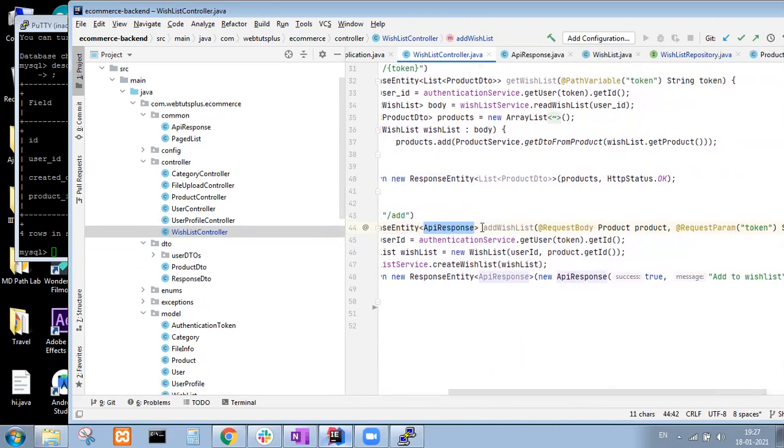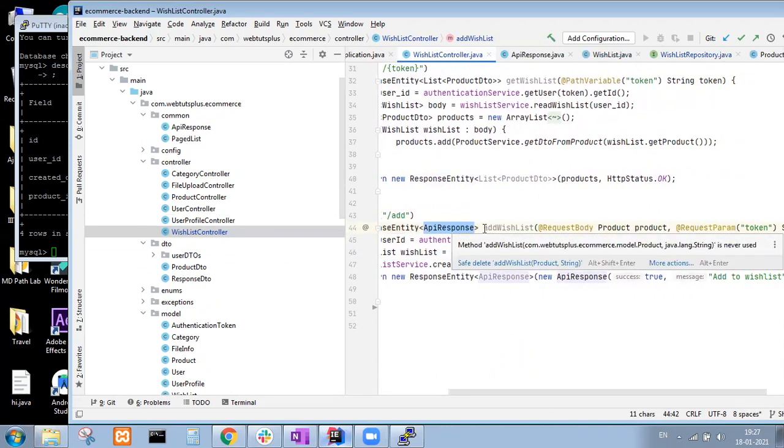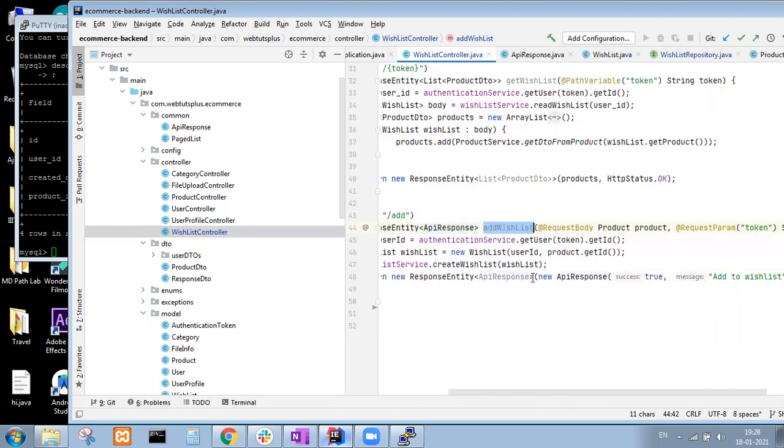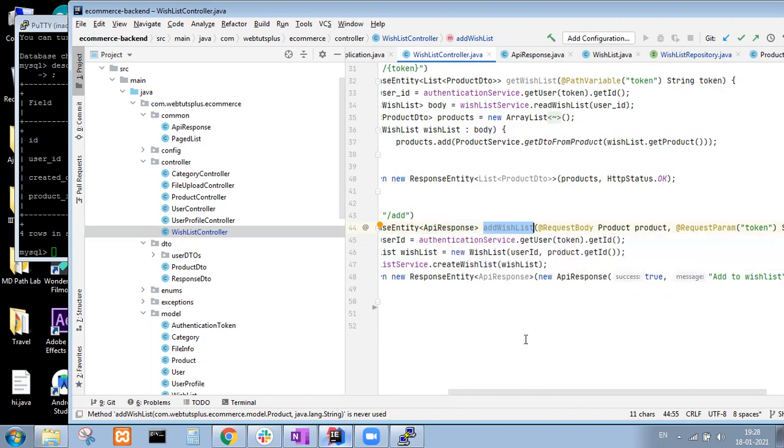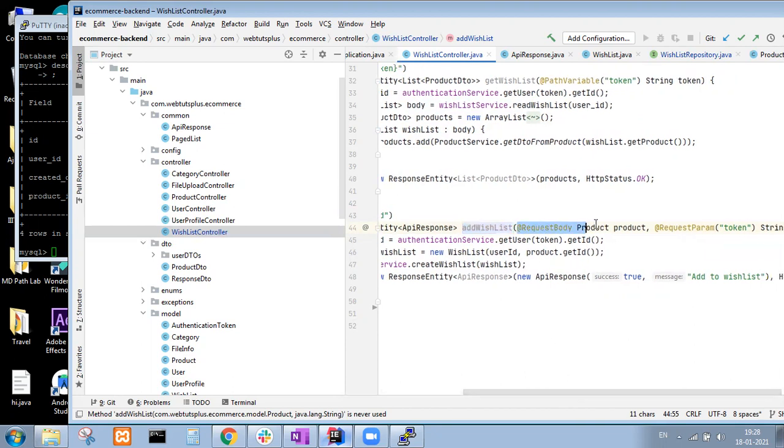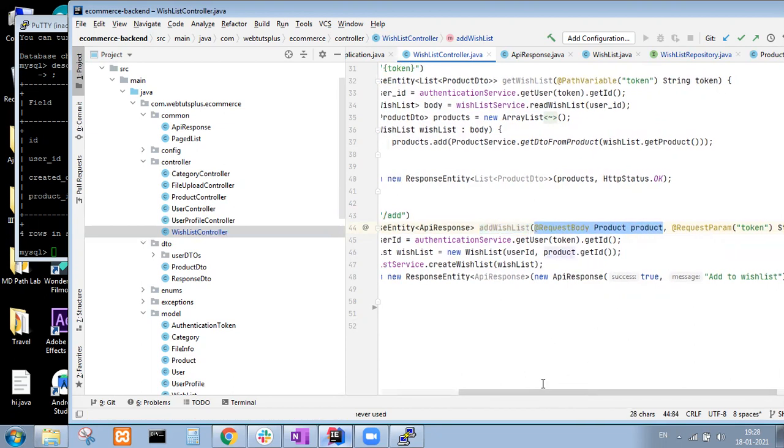Okay, and now here comes the Spring Boot portion again. So this is addWishlist. This is something which I have defined. It is not that you have to use this only. There is no naming convention and all for here. And at the rate RequestBody product means that